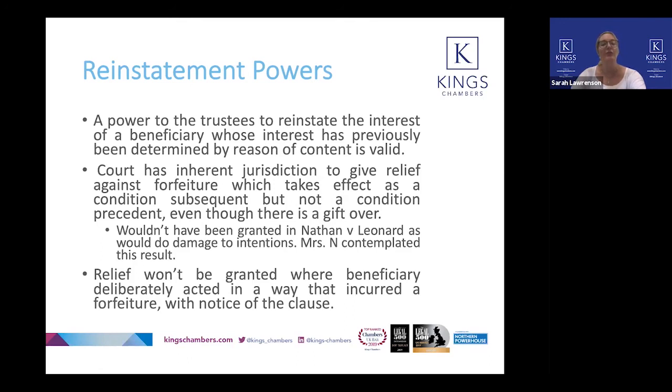Again, there is a long line of authorities, and I'm sure many of you are familiar with them, in relation to conditions precedent to taking under a will. But here, of course, we are talking about conditions subsequent. However, again, in the Nathan and Leonard case, it was held that whilst the court does have inherent jurisdiction, the line of authority shows that it shouldn't be granted where a beneficiary has deliberately acted in a way that incurred a forfeiture with notice of the clause,